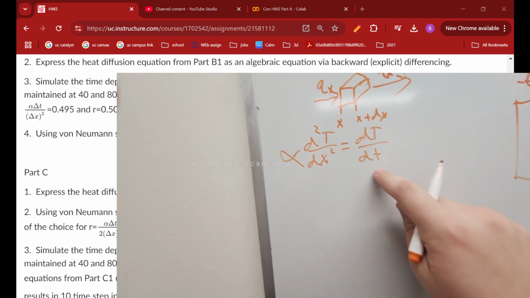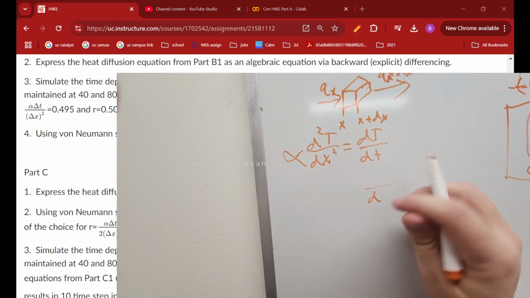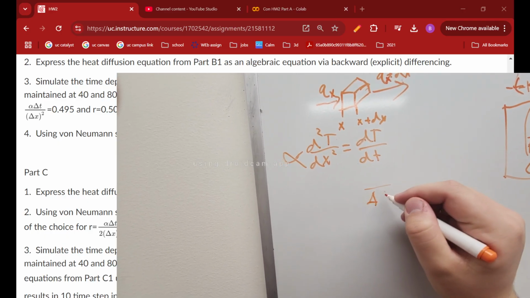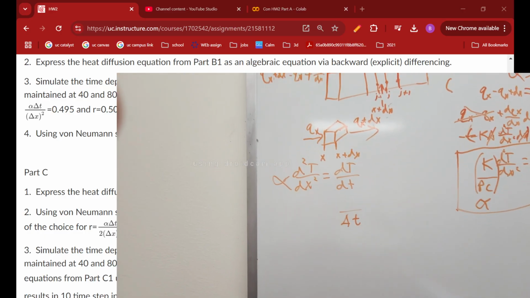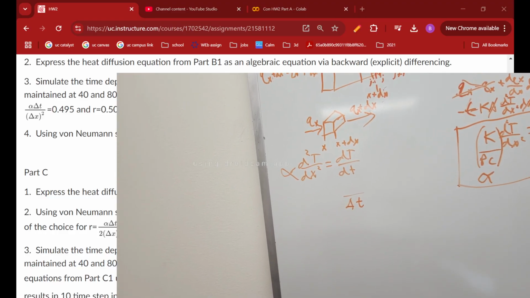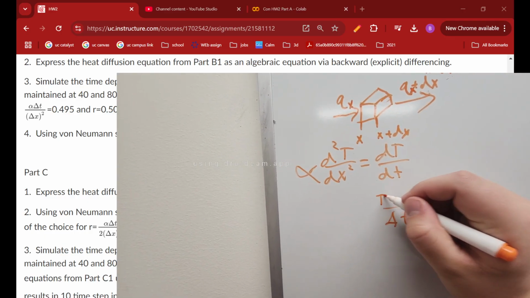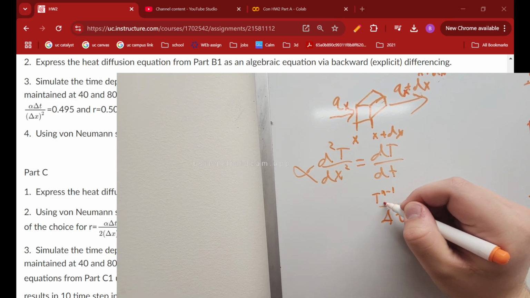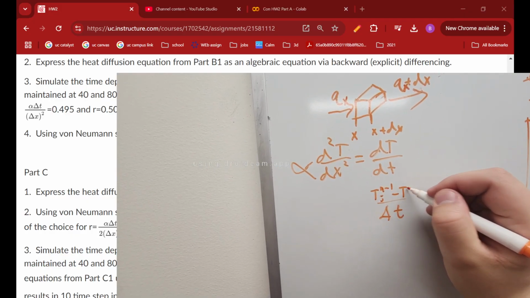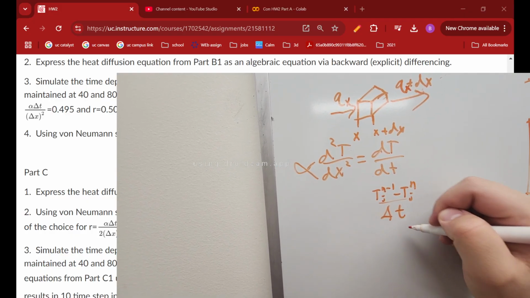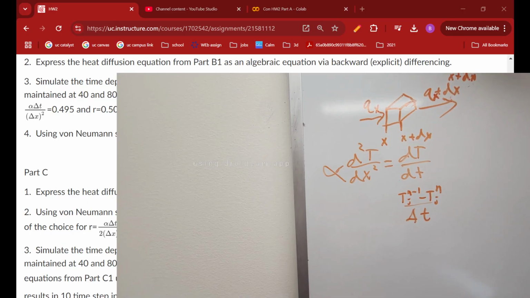Over dt, we know that that will be over whatever time. And then to look at the difference in temperatures, we need to look at the difference of temperatures from T n minus 1 J to T n J, because we want to look at in between these two blocks,